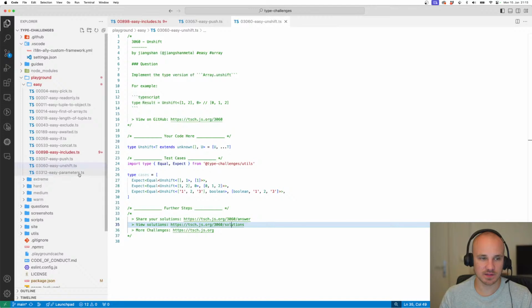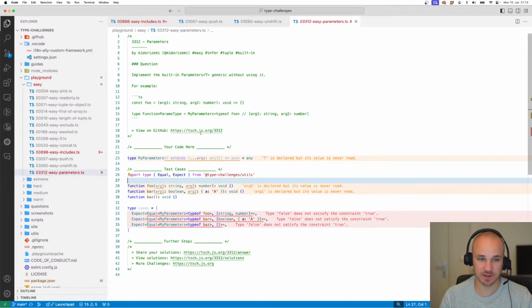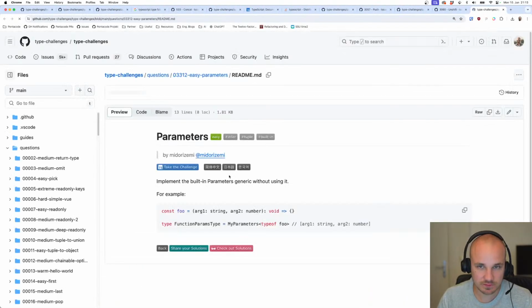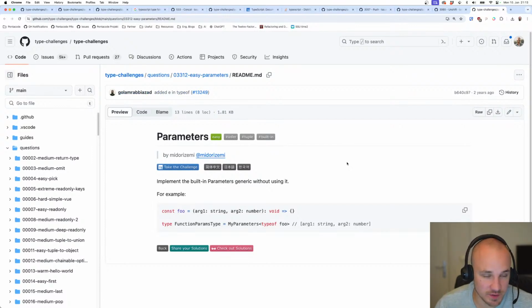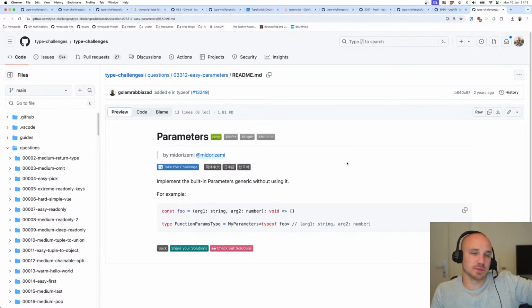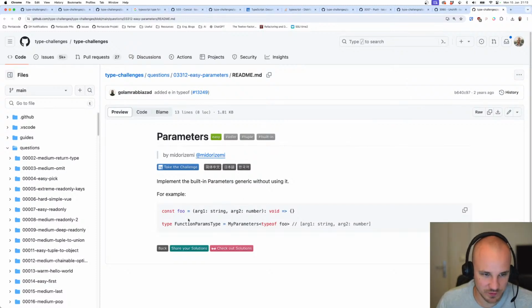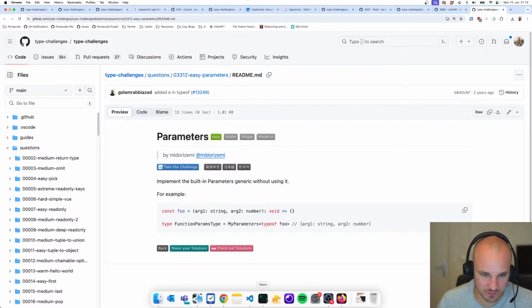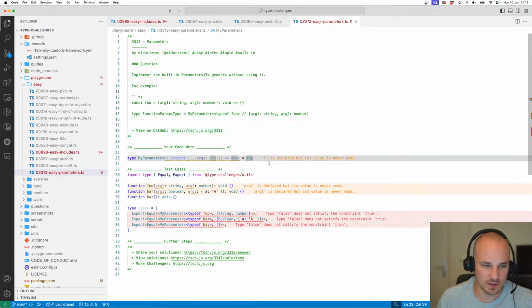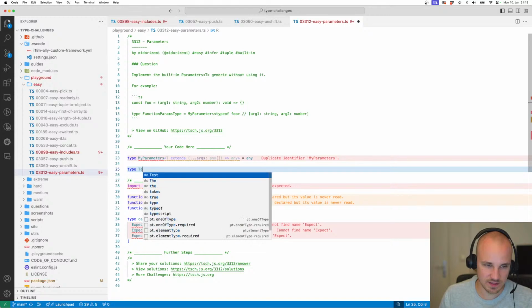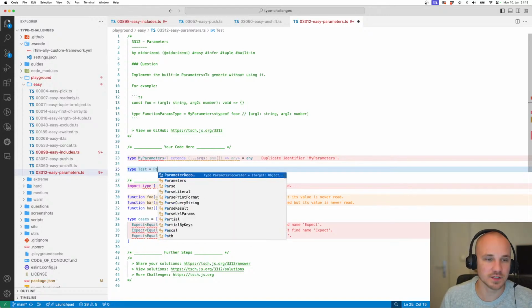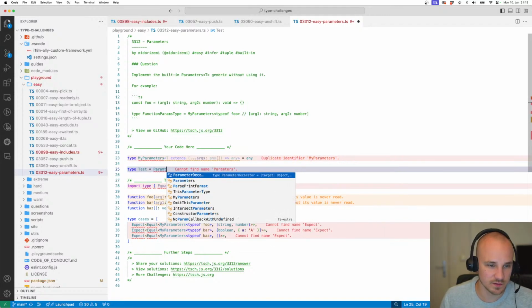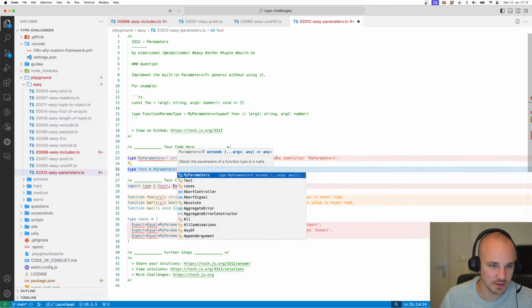I would say next one, Easy Parameters. Okay, sounds interesting. Challenge 3312, Easy Parameters. Implement the built-in Parameters generic without using it. For example, you are given a function. Function params type is MyParameters type of foo. Alright. So here we definitely do again our test type. Test equals, and I'm gonna just do Parameters here now